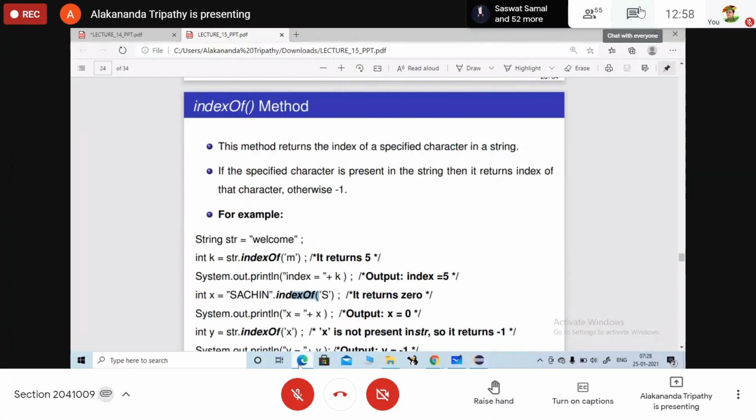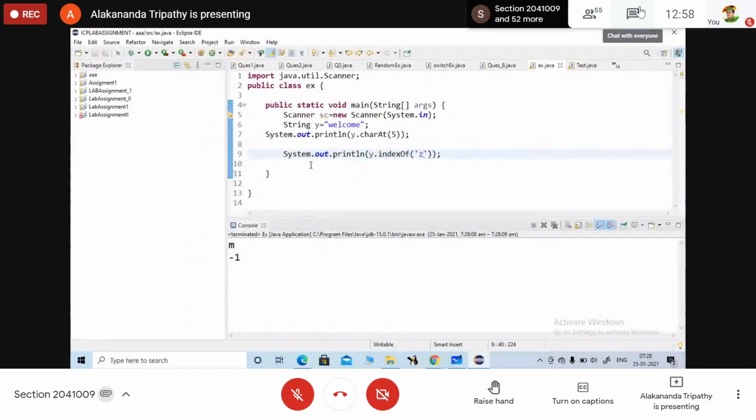Ma'am, if we take the index of a string in reverse order, it starts from -1. So in that case, if we take A, what will come in the output? What are you saying, do you mean lastIndexOf? Yes, if we check the last index in reverse, it starts from -1. In that case, if we check A, what will the last index be? It is not returning the last index. It is searching whether that character is present in the string or not.